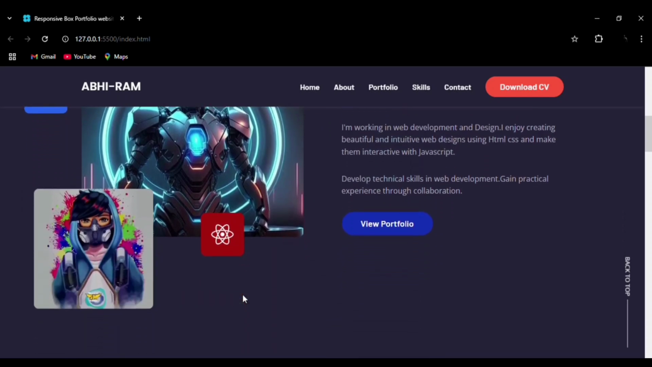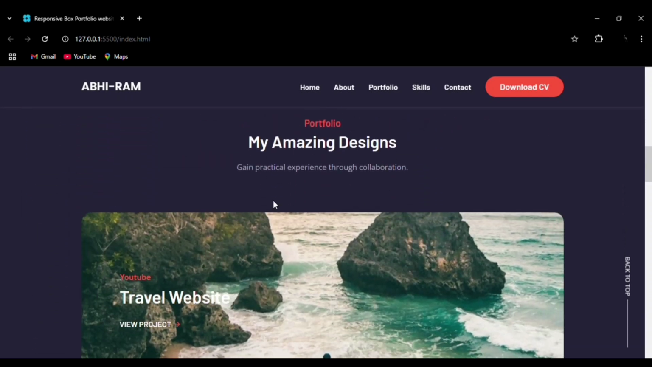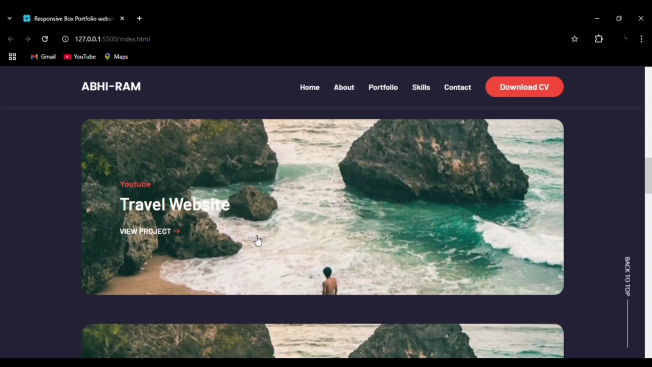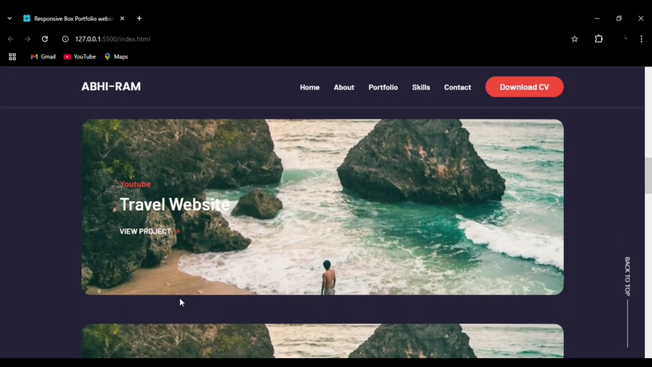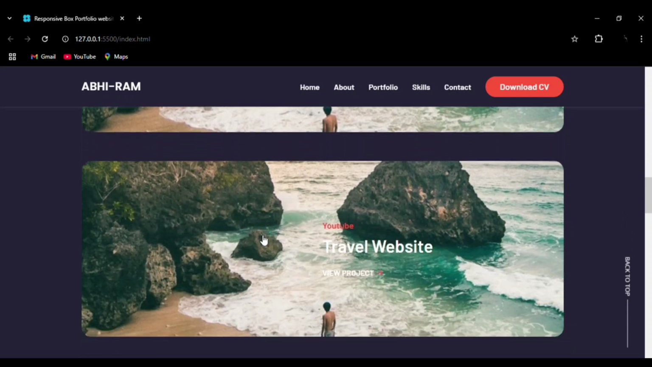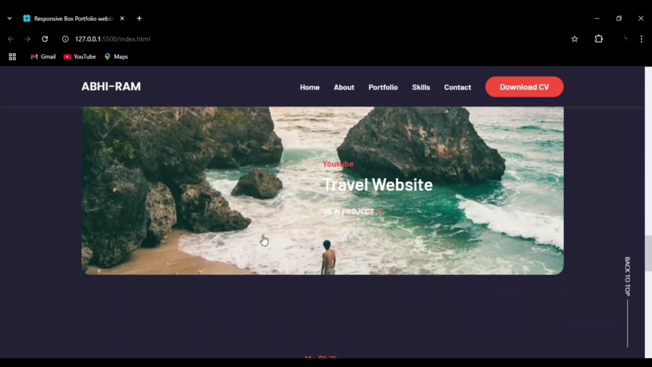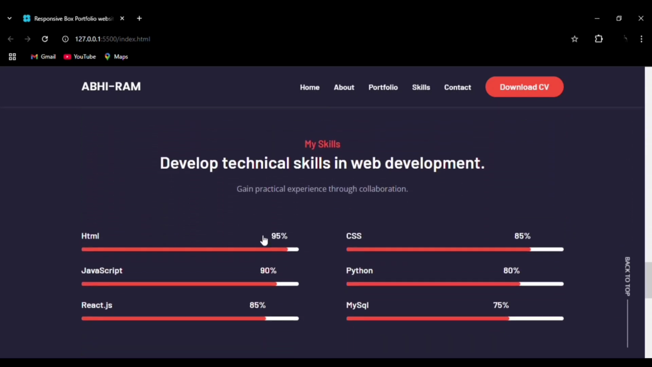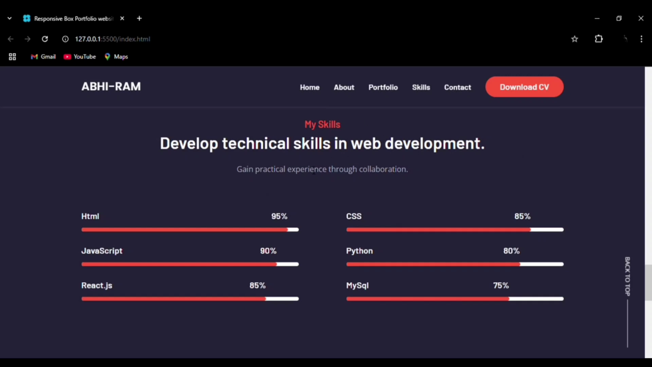Then we have the portfolio section, and you can see the hover effect on it. Zoom in, and you can see the button here, the view project button, and you can implement as many projects as you want. Then we have the my skills section, and by using the bar, this is done by using CSS